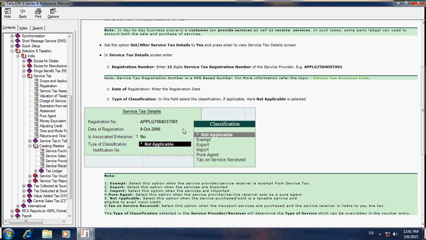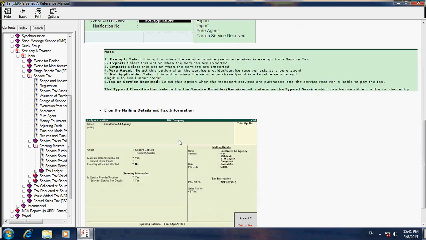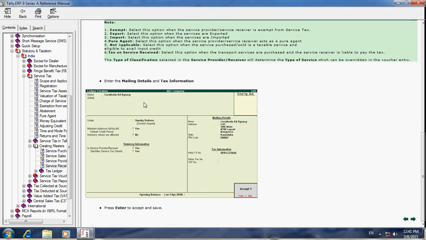These are the customer's details. Then the ledger name is Creative Ad Agency, under Sundry Debtors. Like that you have to fill. This number is the customer's PAN number. Then go for next. Save this, Yes.